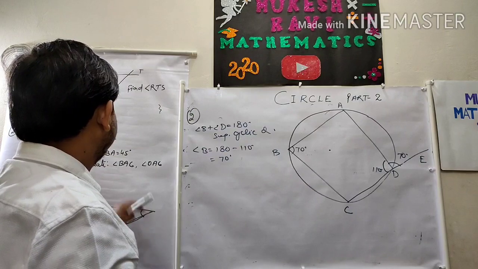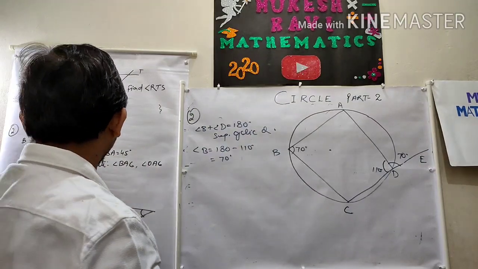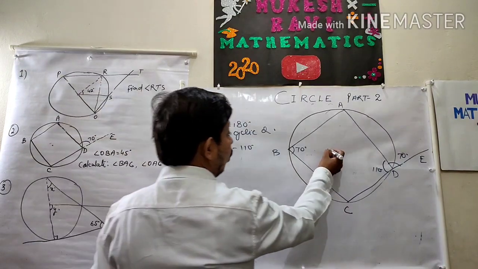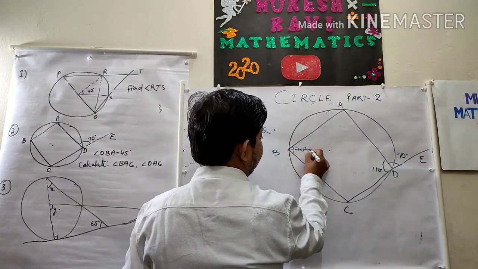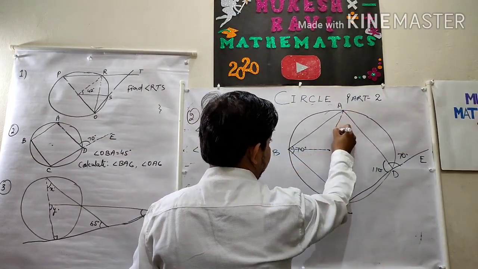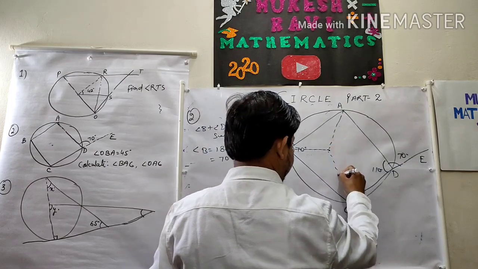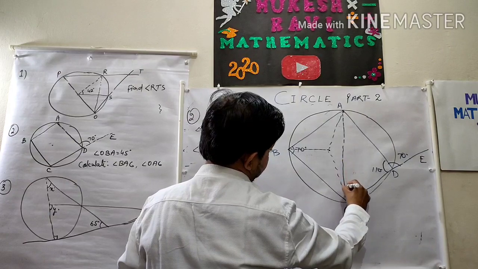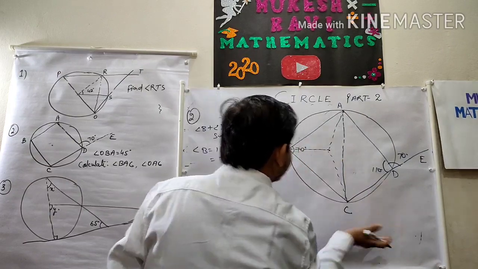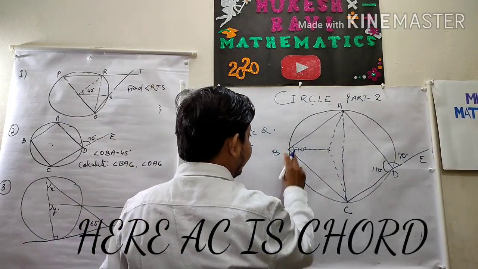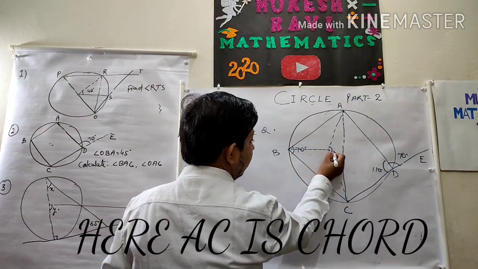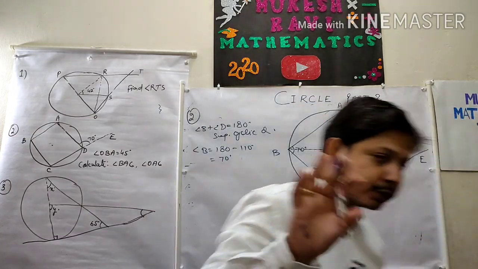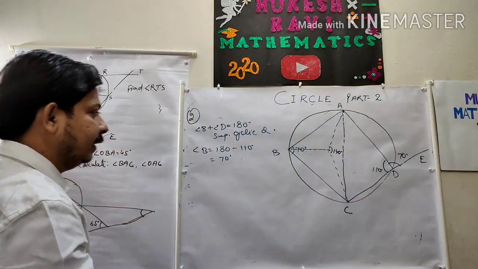Okay. Now the second point. Calculate BAC and OAC if OBA is equal to 45. This is O, so join here, and join this chord. Sometimes the center is fixed here, that is a wrong answer. If this is 70, what about this angle? 140. Why have I chosen this question? Because I just wish to give you all the revision here.